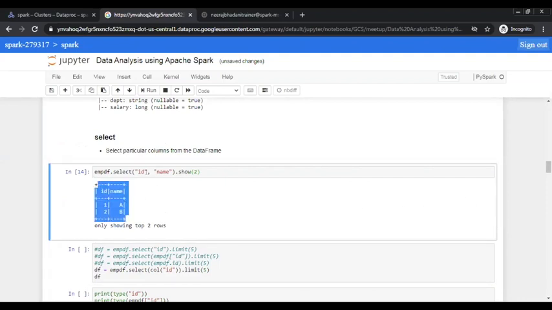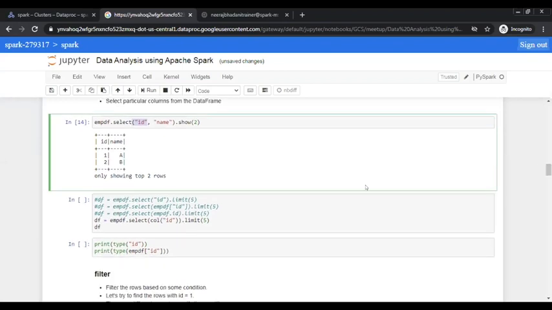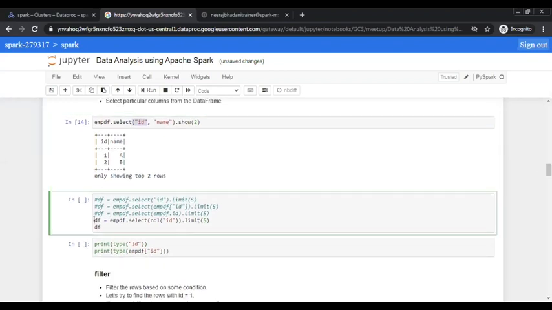Okay. Now, this is one way of selecting the columns. Here, what we are doing is specifying the column as a string. If you look at this ID, this is nothing but a string. So we have represented our column as a string, but we have different ways to represent the column.